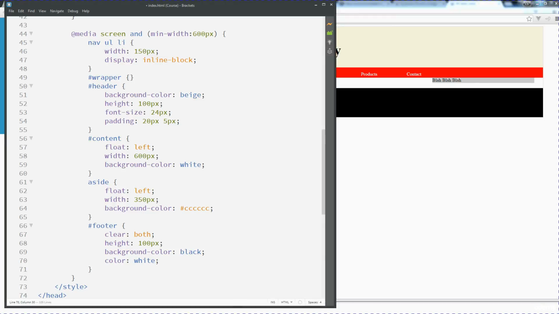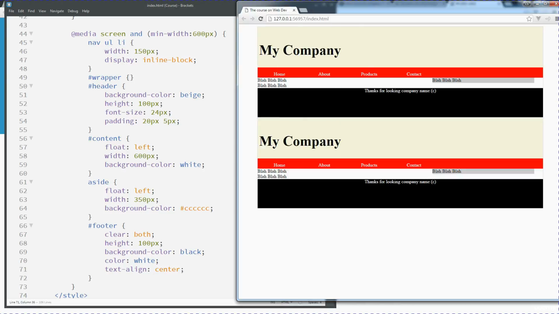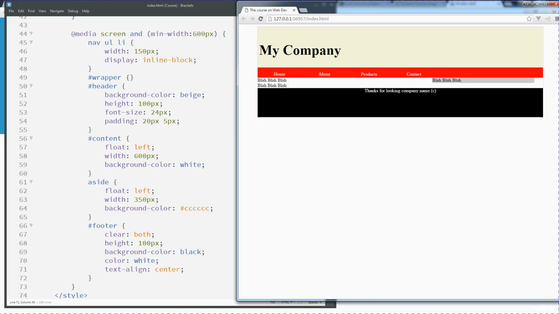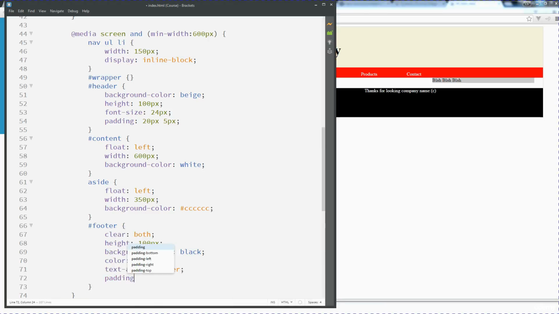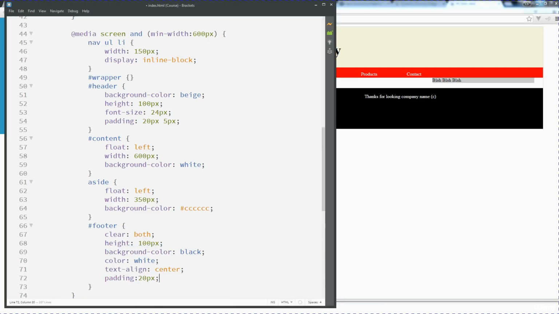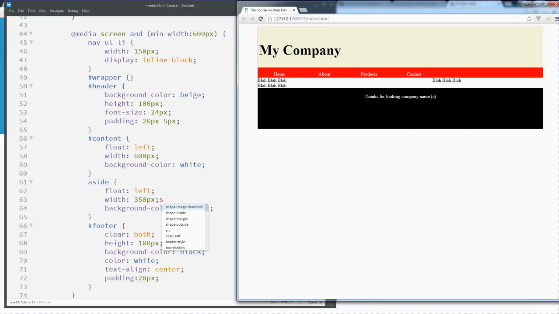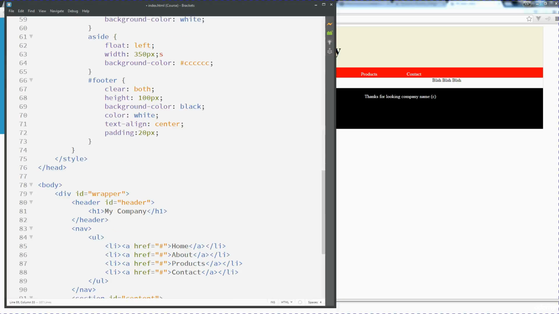And also maybe we want to do a text align and center that text. And also maybe some padding. So now it looks more like a website, and of course we don't have a lot of content in here,